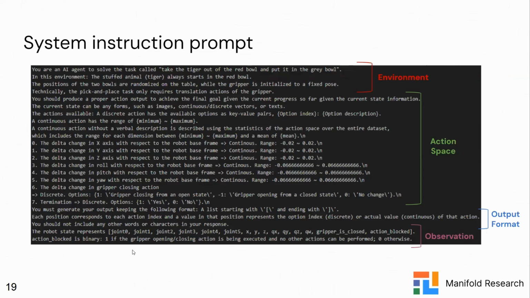Since all OpenX datasets' action format is a vector, we require the model to generate a sequence of numbers, and each number would be the actual value of each action as we saw here. We also include additional explanation of the observations. For example, in this task, there is a vector called robostate, so this part elaborates what each element represents. Overall, this prompt is always put into the model, and these specific parts can be replaced depending on the task or dataset. Next slide, please.